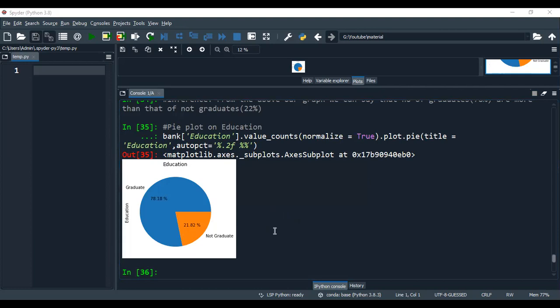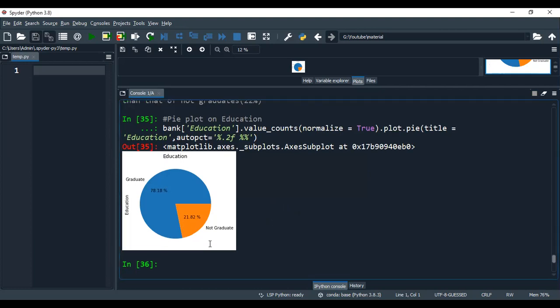Before proceeding further with other categorical columns, I am happy to share with you that this project is being carried out by one of my beloved students, Mr. Kiran. He is doing his MBA in Hyderabad, Watson University. He is a very smart and intelligent chap. He is the person who has done this project night and day and come out with a detailed analysis. So I just want to share the same thing with you.